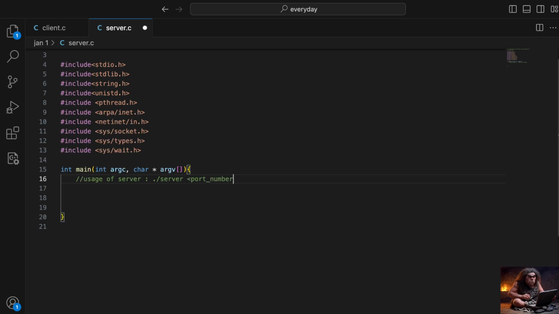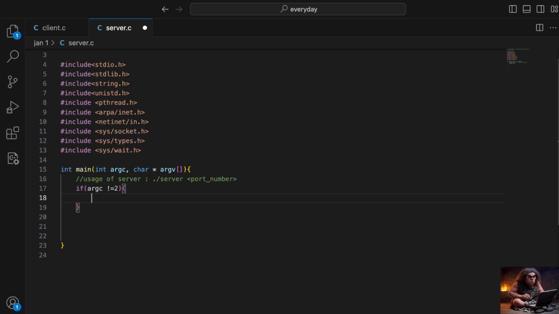Whatever the object file name is, with the port number. So obviously there are only two arguments. Let's first check for the arguments. So if argc is not equal to 2, then